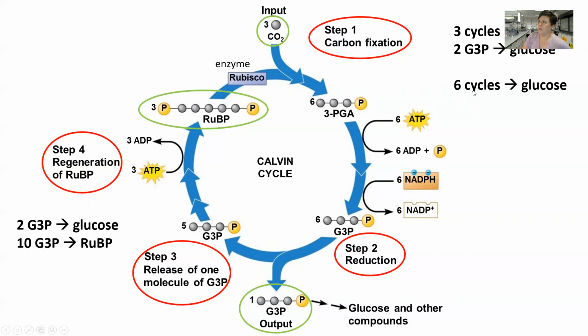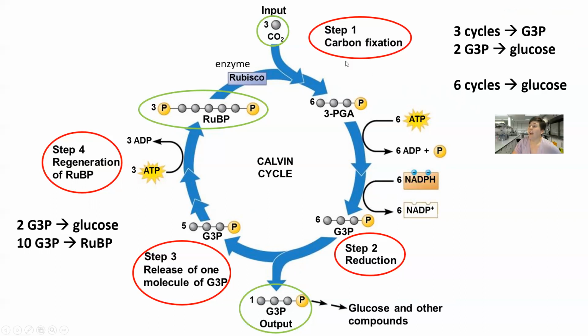Because we're just generating a 3-carbon molecule, we actually just need 3 carbons to enter the cycle. In here, you can see that we have our RUBP, our 5-carbon recyclable ribulose bisphosphate,